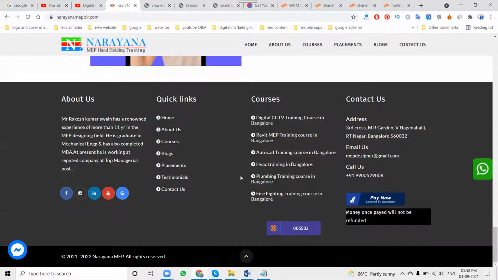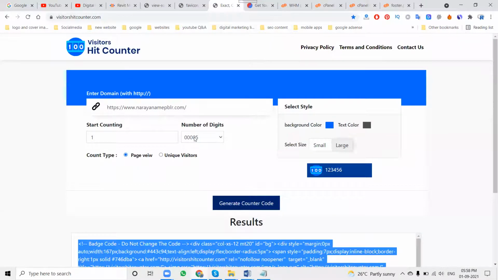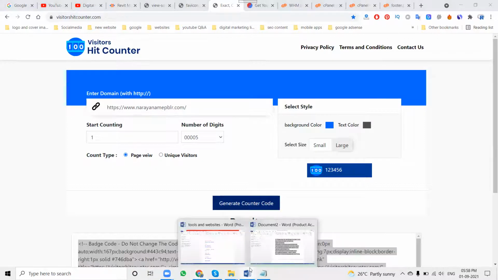This is without Google Analytics. We can check only the page view count, nothing but the website visitor count. When you're generating it, there are two questions I will ask: page views or unique visitors, which is important, and we add that. Both websites are free, but you only change your website link.